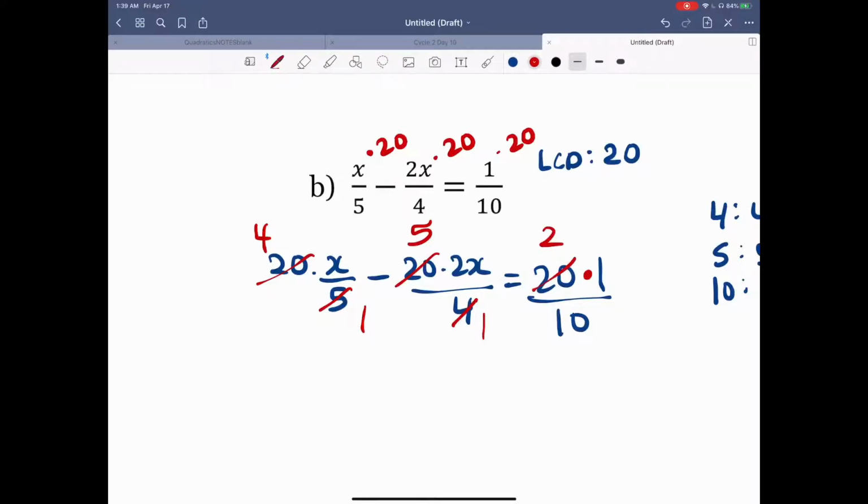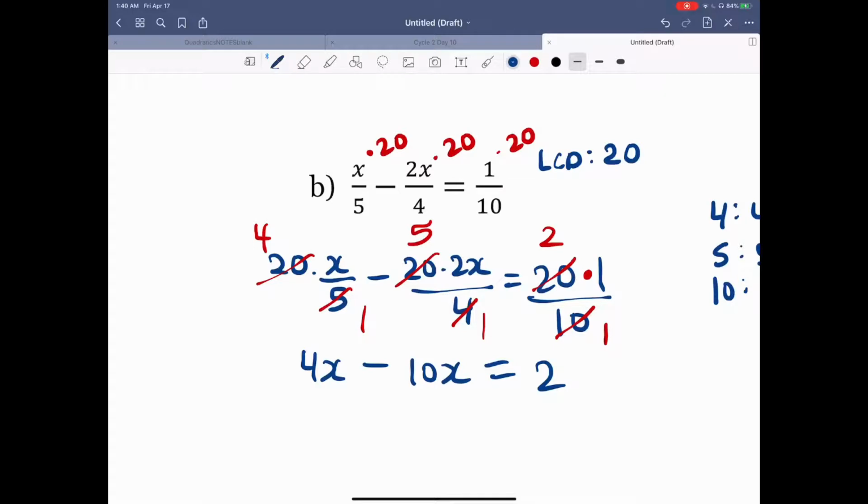And 10 goes into itself once. So reducing these fractions will really help you reduce mistakes later on. It might look complicated at first, but once you get used to it, it'll be easier. So 5 times 2 is 10x, and then equals 2 times 1 is 2. See how clean that looks, and it's a lot easier to look at than the first line or the